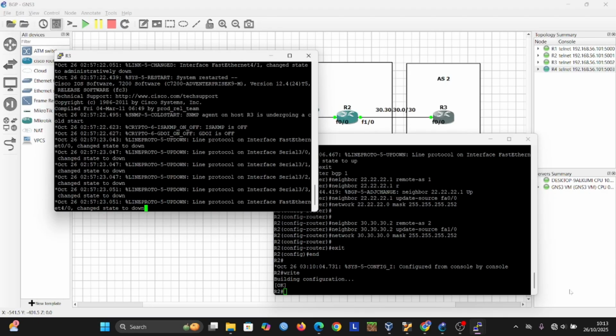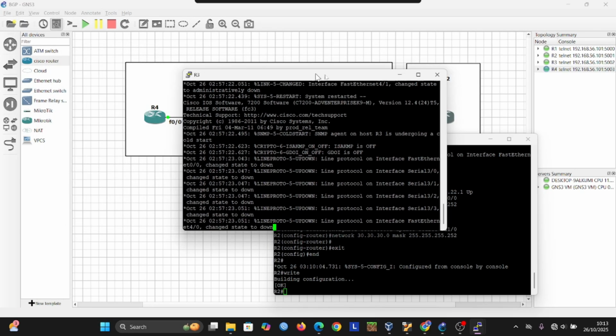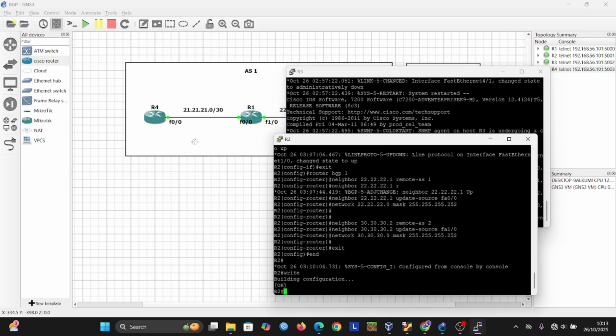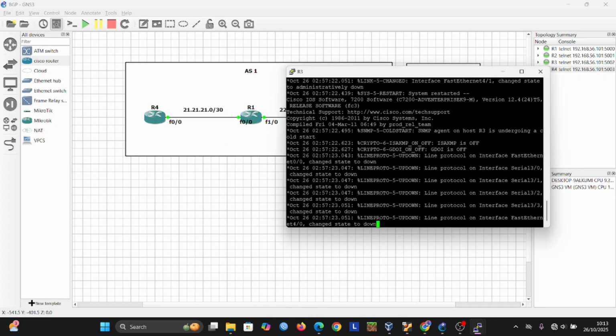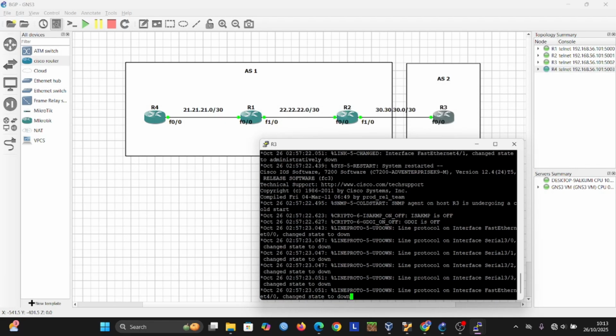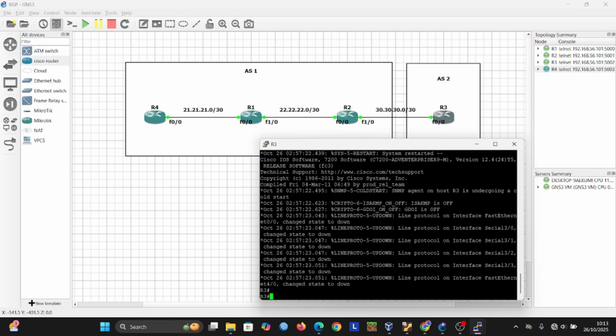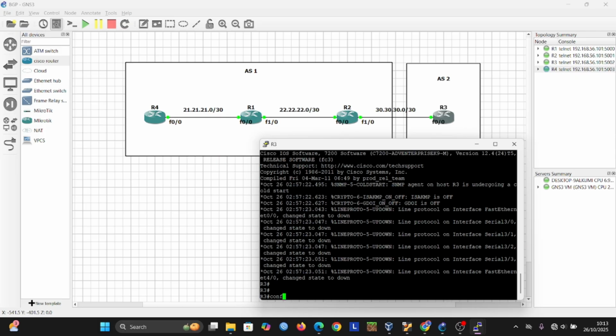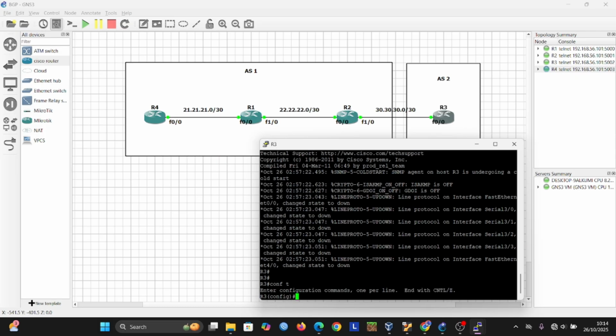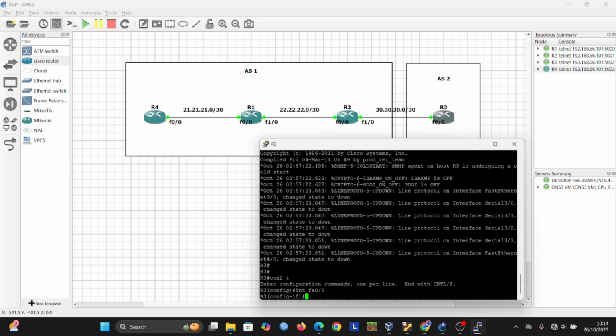After this we configure router 3. The same as before, we enter the interface and add the IP for this interface.